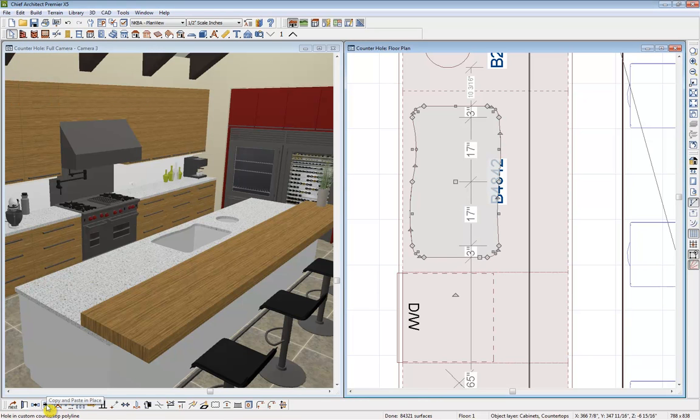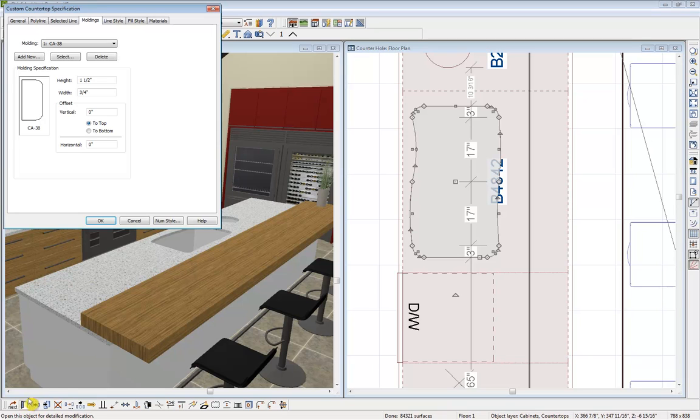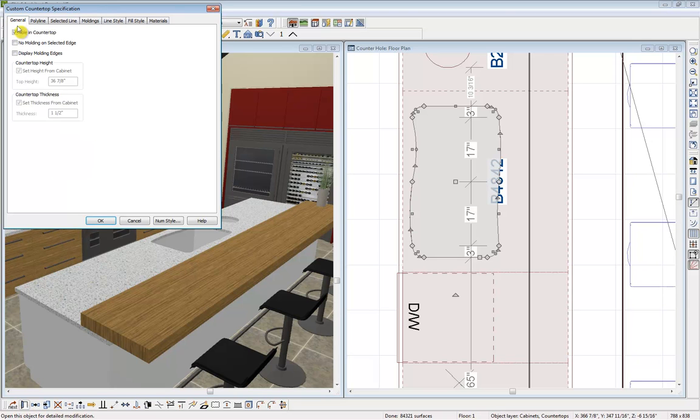This is the copy and paste in place, so we don't have to drop it anywhere else. It'll just be pasted right on top of itself. And I'm going to open that up, delete the edge, and uncheck hole and countertop. So we're going to make this a solid again, and I'm going to change that, let's do 34 and a half,